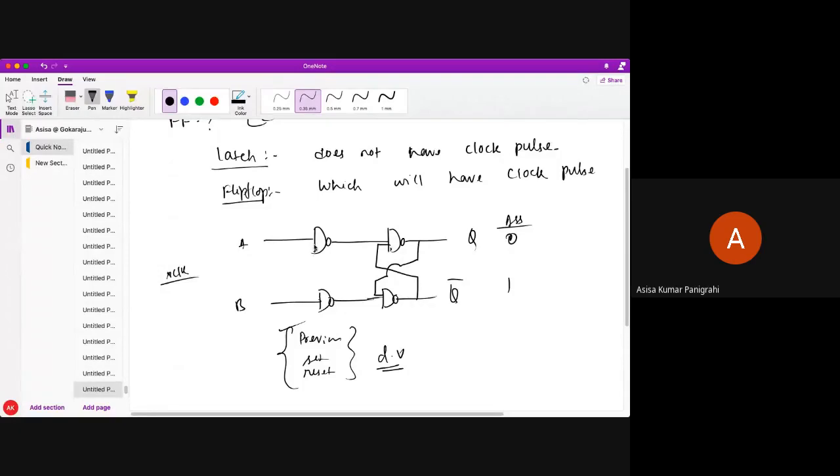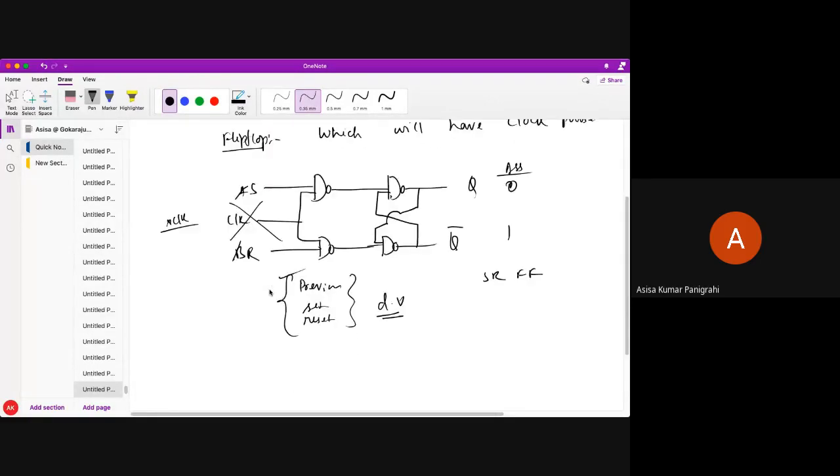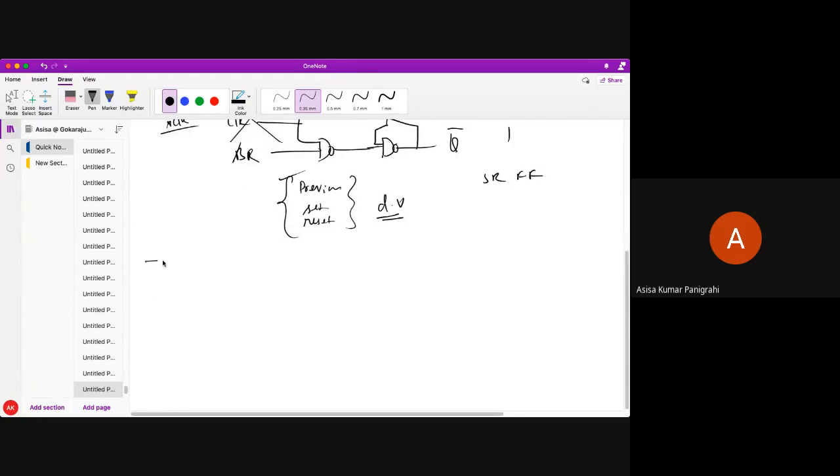Now, for the SR flip-flop, what have you done? You have applied a clock pulse over here and given the name SR, and this becomes my SR flip-flop. And if you want to design an SR latch, just remove this clock pulse. This will become an SR latch. All of you understand, students? A latch doesn't have a clock pulse, but a flip-flop will have a clock pulse. This is the only difference between a flip-flop and a latch. So now, what is triggering? Who will trigger? See here, triggering of flip-flop.